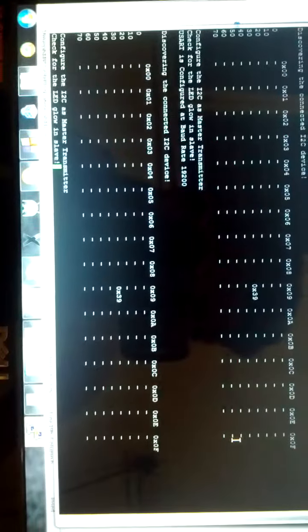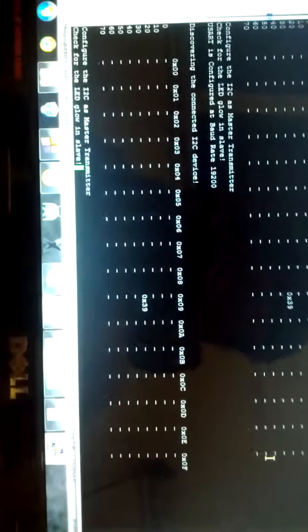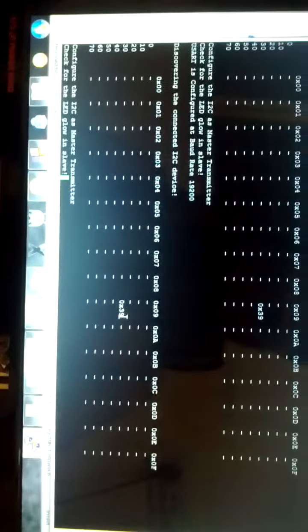Once it is discovered, you can see that the device slave address, which is right shifted by 1, has been printed over here. While passing this value, you have to make sure that you left shift this value, whatever 39, by 1. Okay, because the LSB will be the read or write bit,